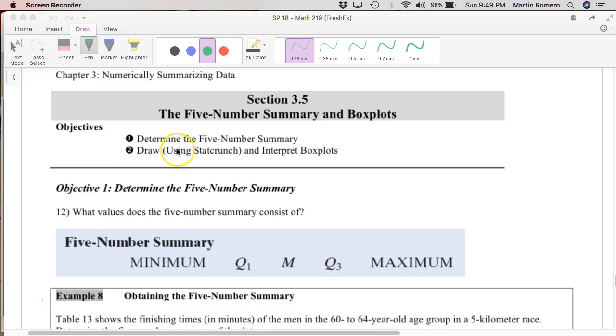This short video will be about section 3.5. It's on what we call the five-number summary and box plots. It's directly related to the previous lesson we just did. In a five-number summary, when asked